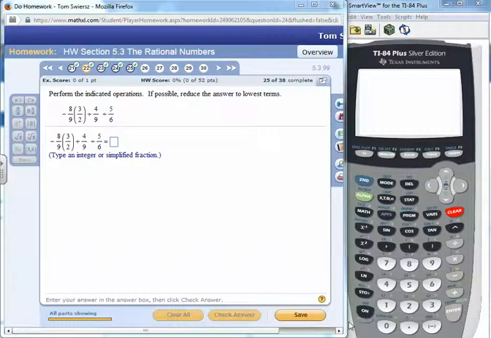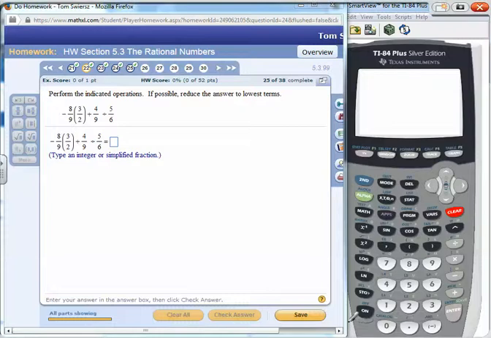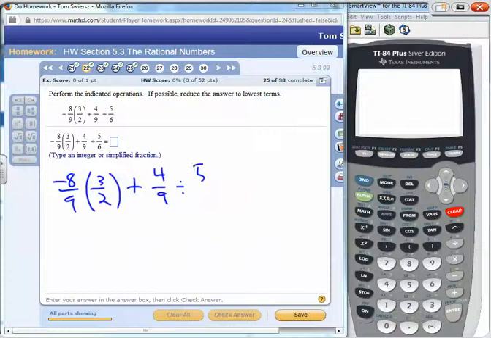We're going to go ahead and start on problem number 22 from section 5.3. Okay, 22, the problem is negative 8 ninths times 3 halves plus 4 ninths divided by 5 sixths. All right, negative 8 ninths times 3 halves plus 4 ninths divided by 5 sixths. Okay, now